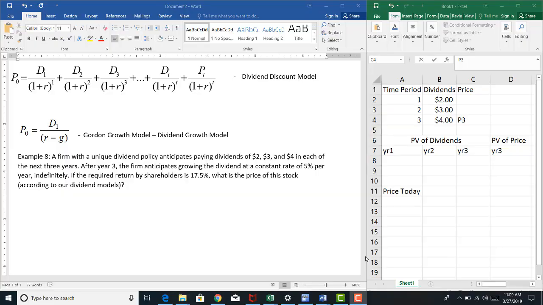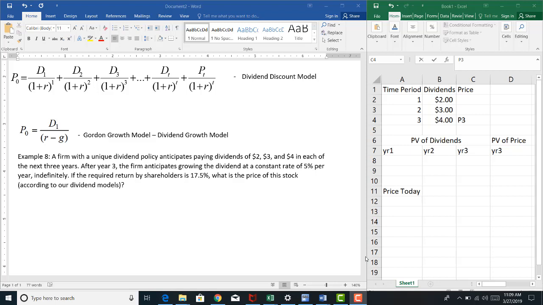All right, let's work a much harder problem here. So example 8: a firm has a unique dividend policy. They anticipate paying dividends of $2, $3, and $4 in each of the next 3 years. And then after year 3, the firm anticipates growing the dividend at a constant rate of 5% per year indefinitely. So if the required return is 17.5%, what is the price of this stock according to these models that we've